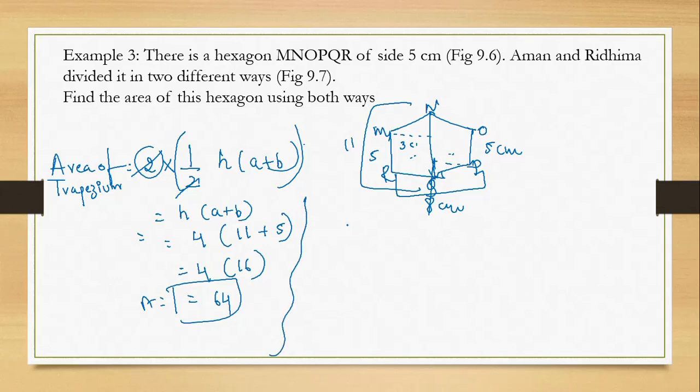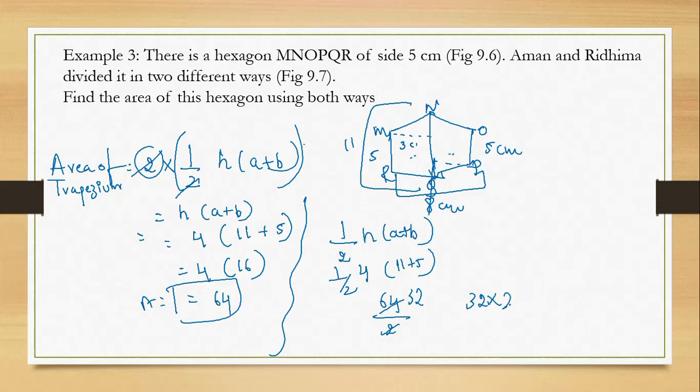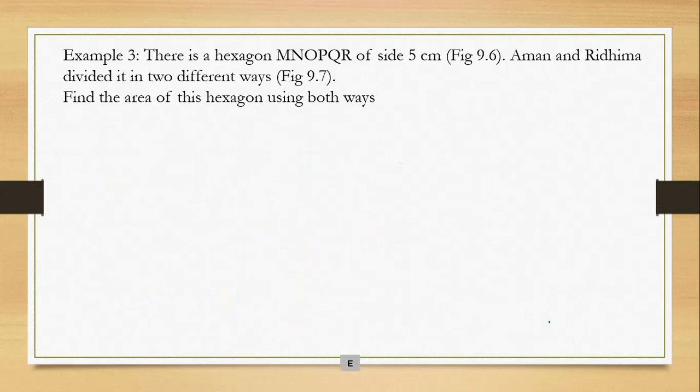Afterwards we can multiply. Here I will show you how it is given in the NCERT, half of height into a plus b. First they consider the height, that is 4, and this is 11 plus 5, that is 16. So 16 fours are 64, divided by 2, that is 32. Then they multiplied 32 by 2 because there are two trapeziums. So we also get the same answer. And in the next method